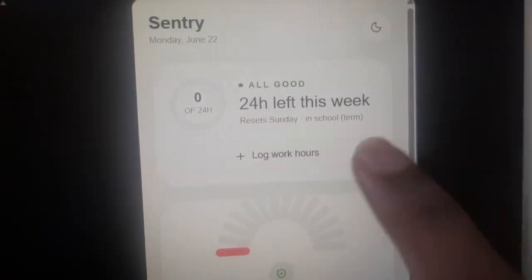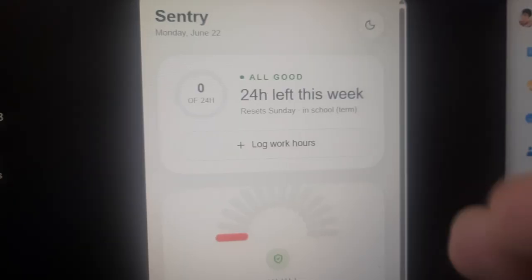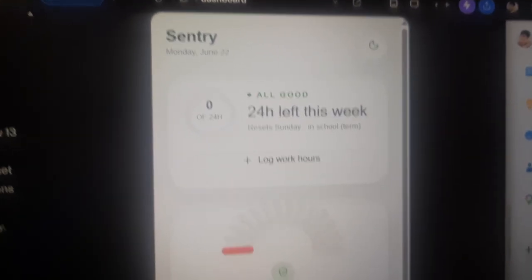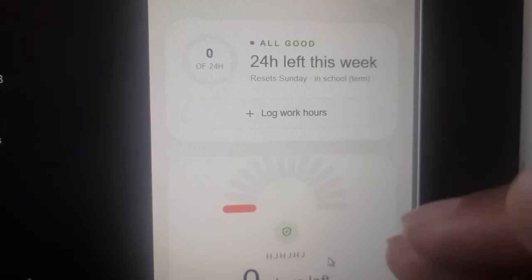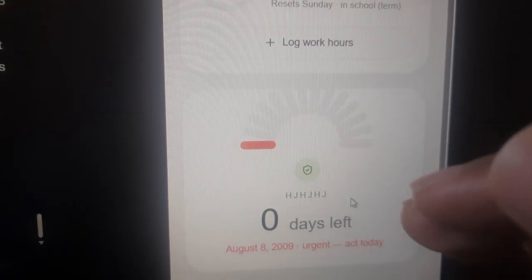So this is what I was talking about earlier. We did not have this feature earlier. The users could not create a deadline. I mean, they could actually create the deadline, but it was not as effective as this. In the app we also moved this feature up to the first thing you see when you open the app, because earlier it was here. The work log was the second thing you saw, and the first thing you saw was the days left for whatever deadline you kept. So that was a change in the app design, and